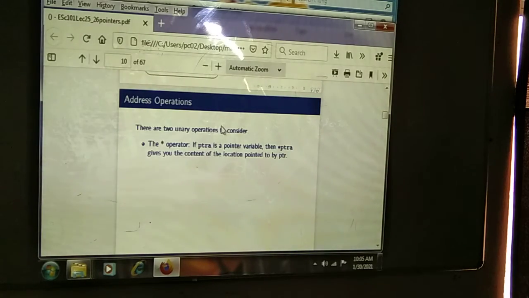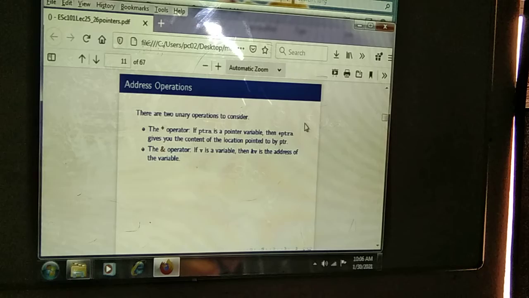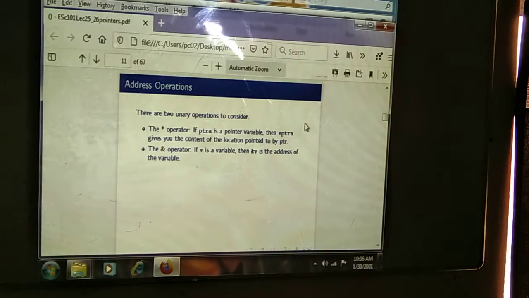The star symbol, where ptr is a pointer variable, is used to declare the pointer variable. *ptr gives the content of the location pointed to by the pointer, meaning whichever location we are pointing to will be referred to here. That is the use of the asterisk symbol.